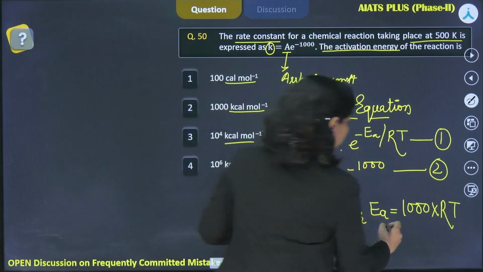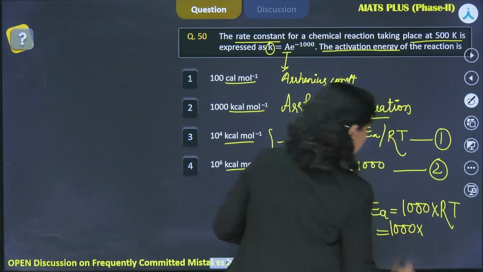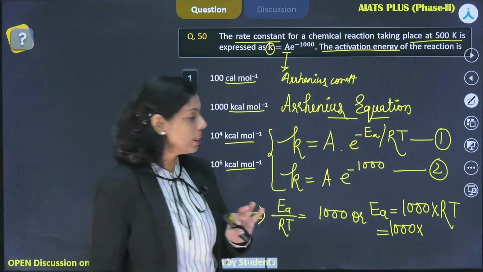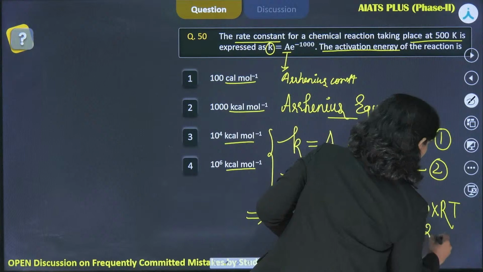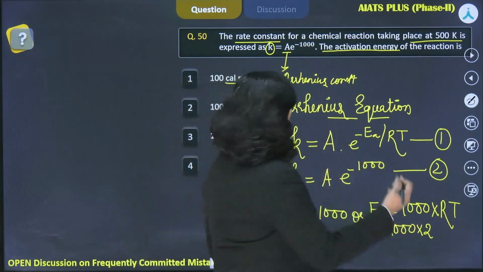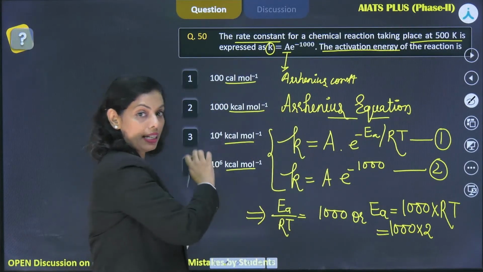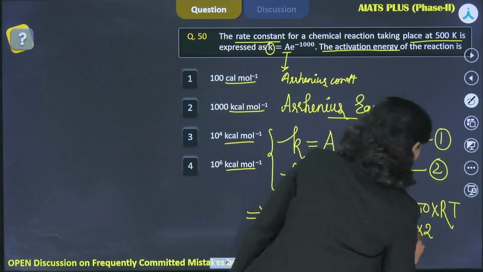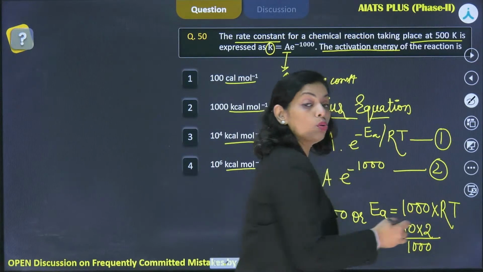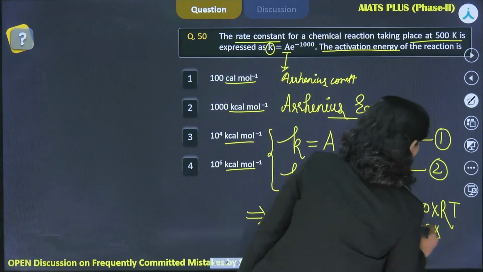So, now the R value in calorie, I hope you know what's the R value in the calorie? Yes, 2 calorie per Kelvin mole, right? So, in calorie I have taken the value of R, and if the answer is in kilocalorie, what I'm going to do? I'll divide it by 1000 to convert this 2 into kilocalorie per Kelvin mole, right? Yes. Into the temperature, which is